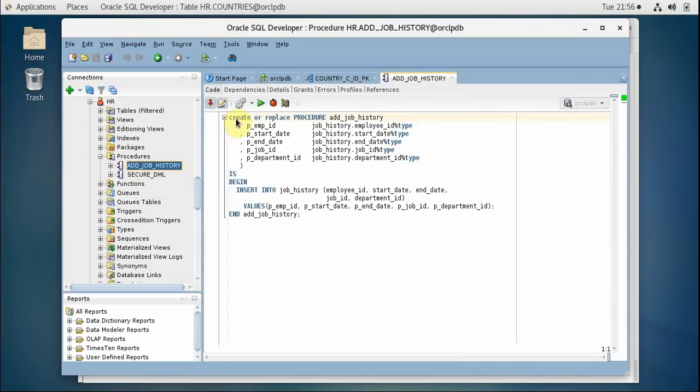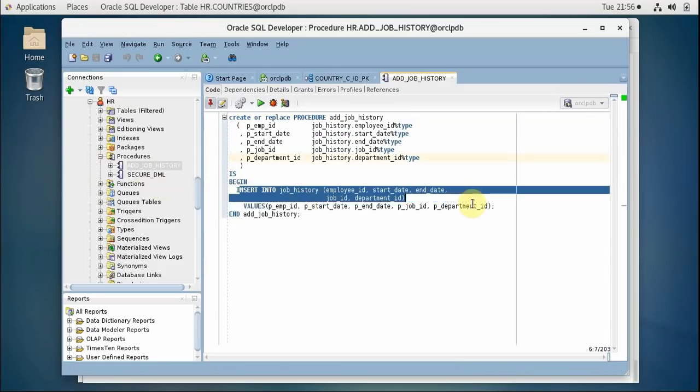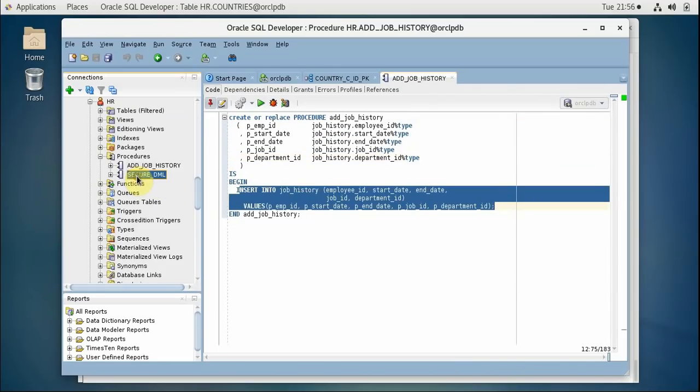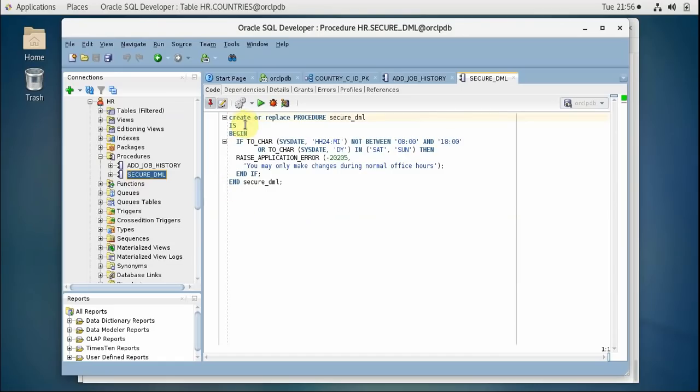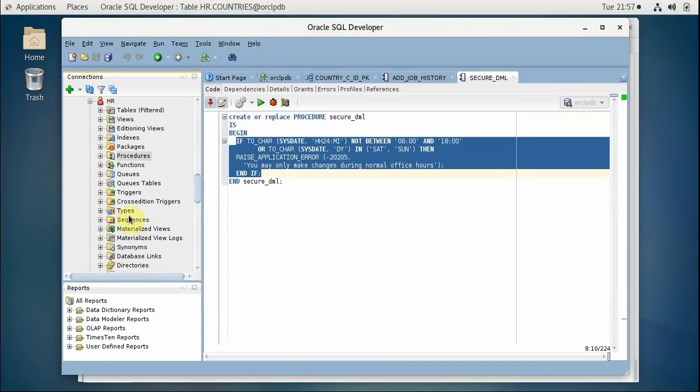So these are procedures, create or replace procedure, procedure name, and these are the parameters. Now this is the definition. After is, begin. From here, this is the actual logic of the procedure. Same way, secure DML is again a procedure, create or replace procedure, procedure name, and this is the program from here to here, begin. Then similarly, we have sequences, right?